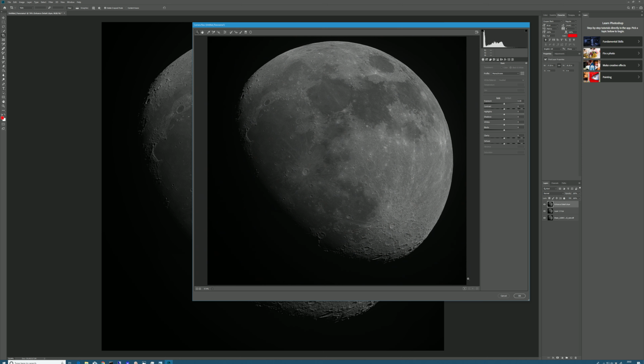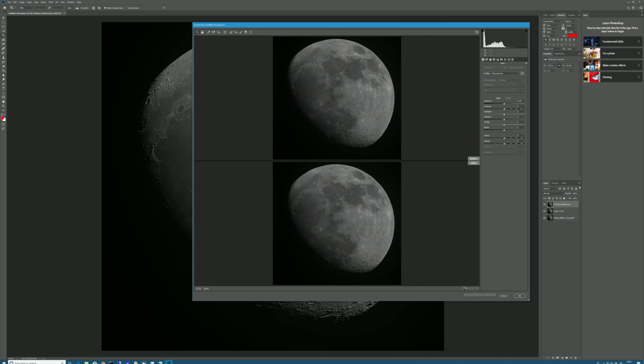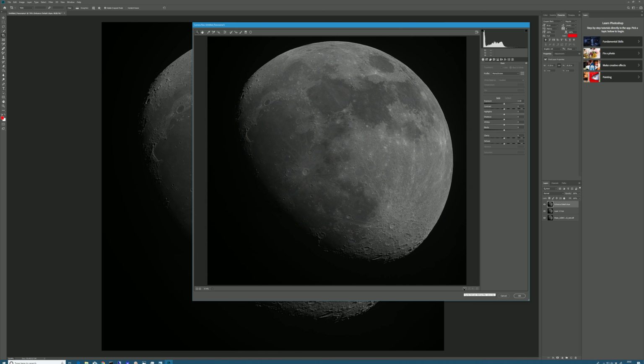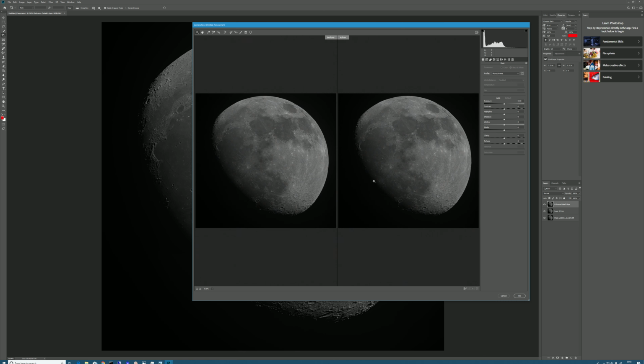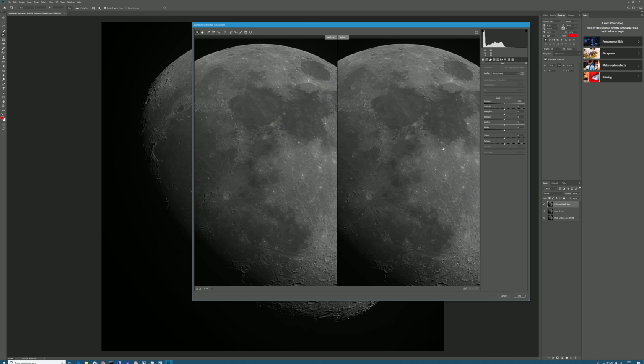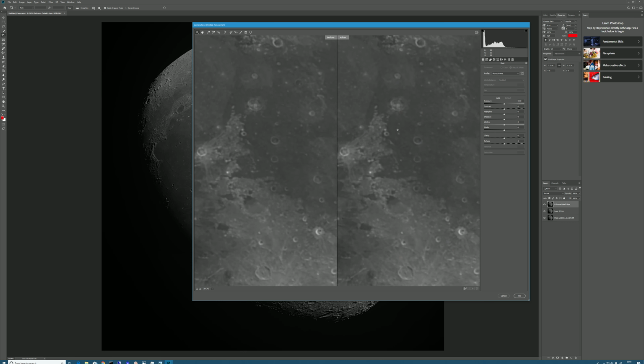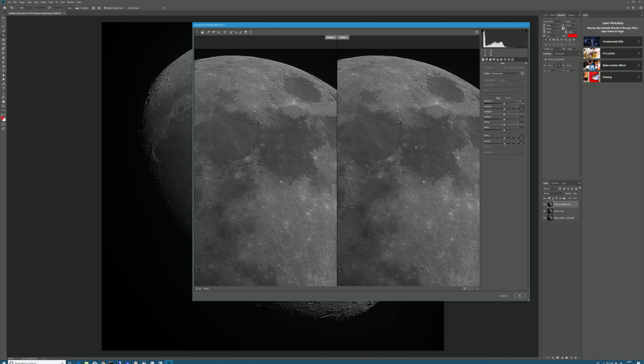All right, and one of the other things I like to do is just click this Y here at the bottom. You can see where I'm clicking to create a side-by-side view, and in that side-by-side view I can zoom in as well if that's what I want to do, and spacebar pan around here, just pan around the moon a little bit. Where do I want to look at? I want to zoom in. I want to have visibility of